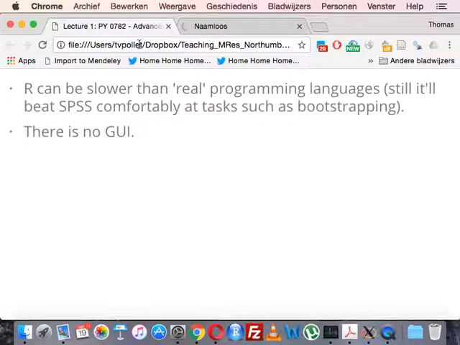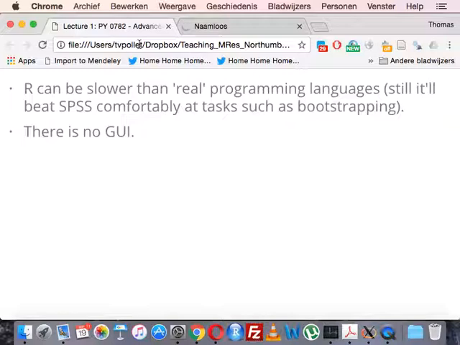So there are some downsides. R can be, but that's in comparison to a real programming language. R is a slightly different programming language. It's built on the S language. Later this year, you'll be working with Chris, and he'll be teaching you Python, which is another programming language. And Python beats R in fastness. So if you have to do millions and millions of calculations within really fast time, then it becomes really an issue of how fast you can do calculations. And for some tasks, R will be slower because it doesn't talk directly to